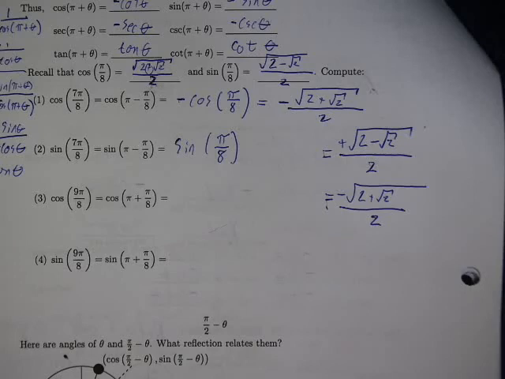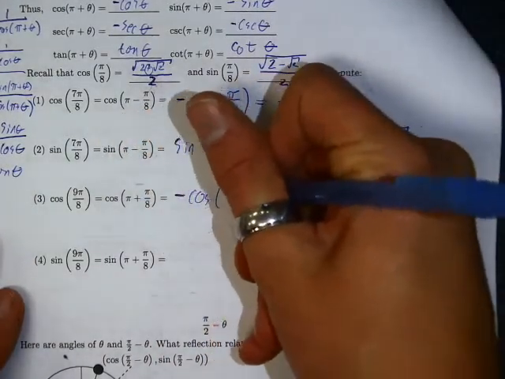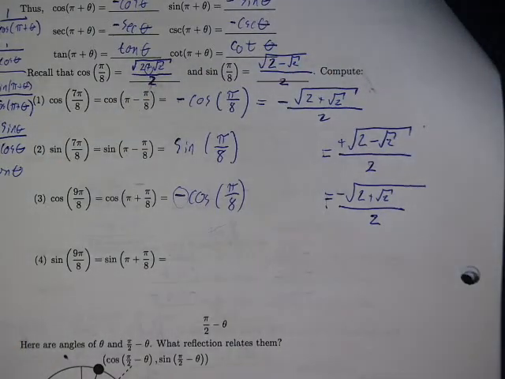What is cosine of pi plus theta? It's negative what the cosine of theta was. So the cosine of pi plus pi over 8 should be the same thing as negative the cosine of pi over 8. So it should be a negative sign out front, and then I should just get the cosine of